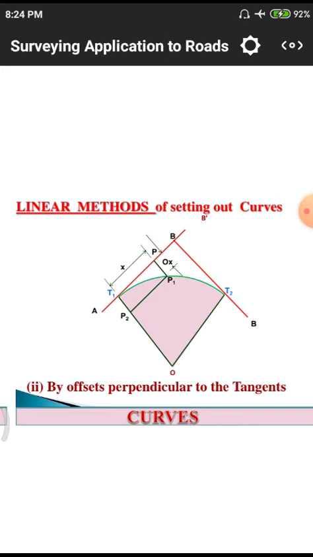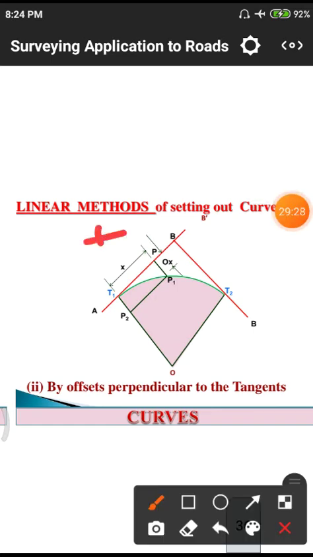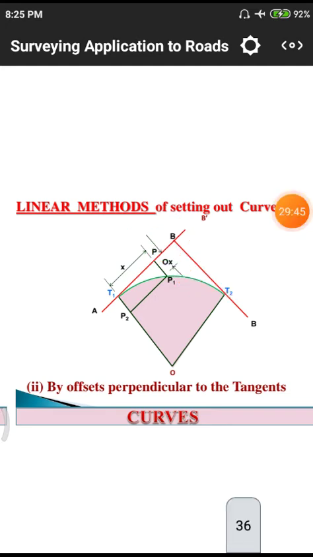Similarly, this is the X value, so we need to draw those X values on this particular curve so that it will give a point. Likewise, we need to locate those X values from that particular tangent one. Similarly, on the other hand we have to do the same.